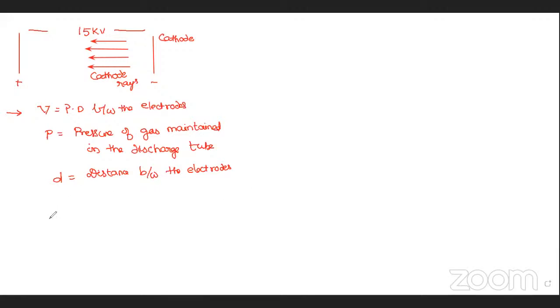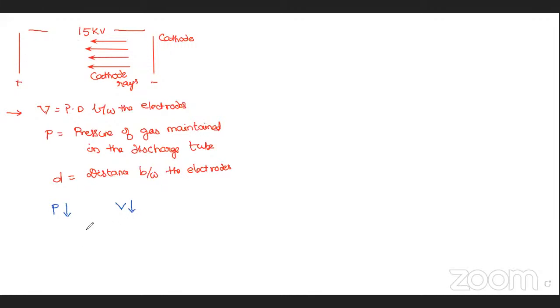How does it depend? They found that if the pressure is decreased, you can decrease the potential difference maintained between the two plates. There is no need to maintain 30,000 volts, no need to accelerate by that much potential difference. Because the pressure is decreased, the number of obstacles decreases, so that much potential difference is not required to accelerate.